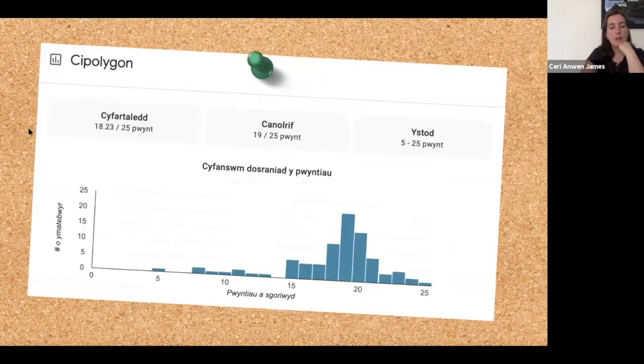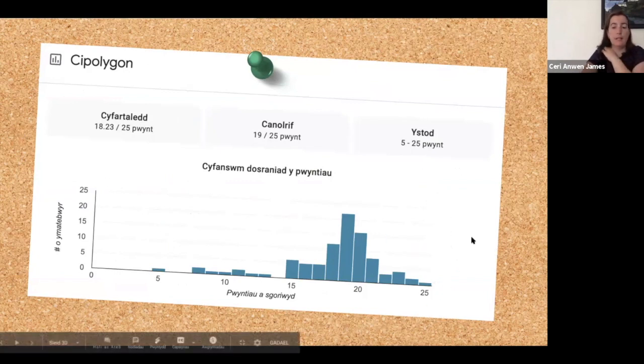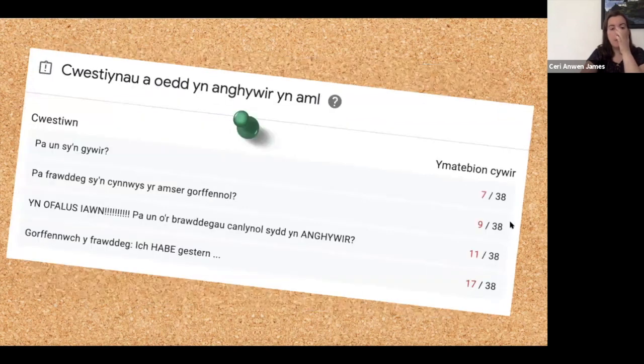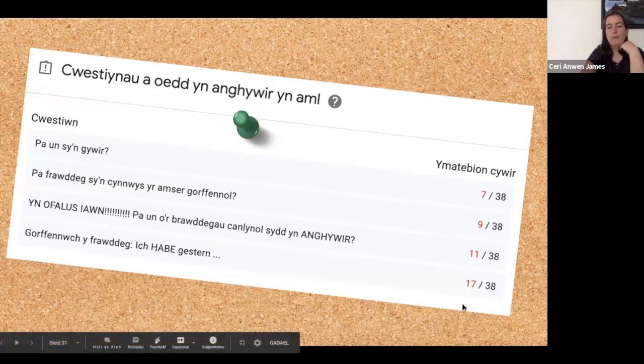Fine, so here you can see some of the functionality. You have an overview of the marks that pupils will have had in a particular quiz, so that's a really good indicator for you of how they've done. Then you can have feedback as to which questions were often wrong. So you can see here for various quizzes where the problems are,